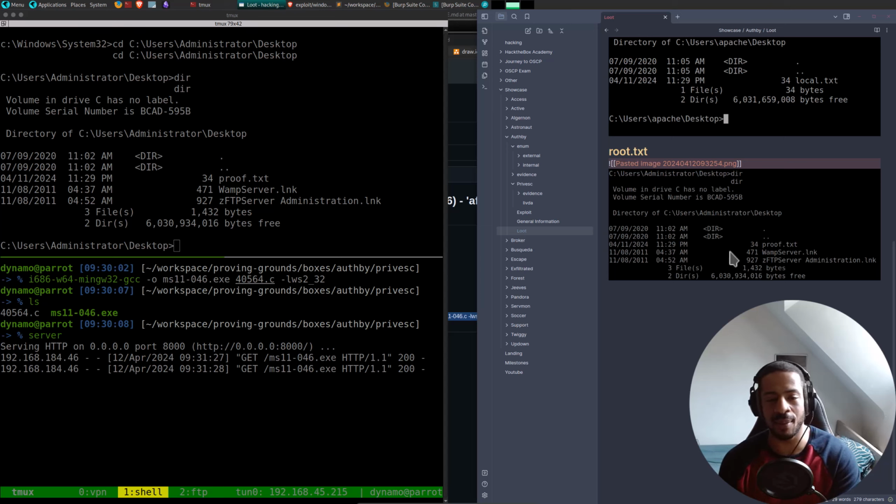Let's give a quick recap. We found an FTP server for which we could do anonymous login, but we could also brute force the users, which we found. We found a list of users inside of the anonymous share. That was offsec, admin, and just anonymous. So we brute forced, and we found that admin was using default credentials, admin.